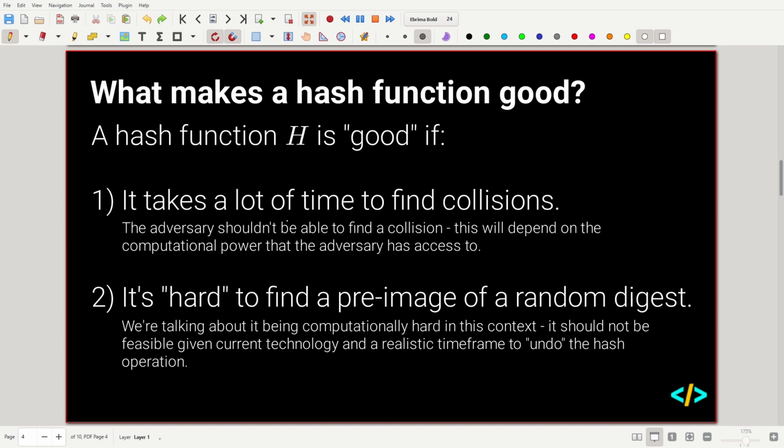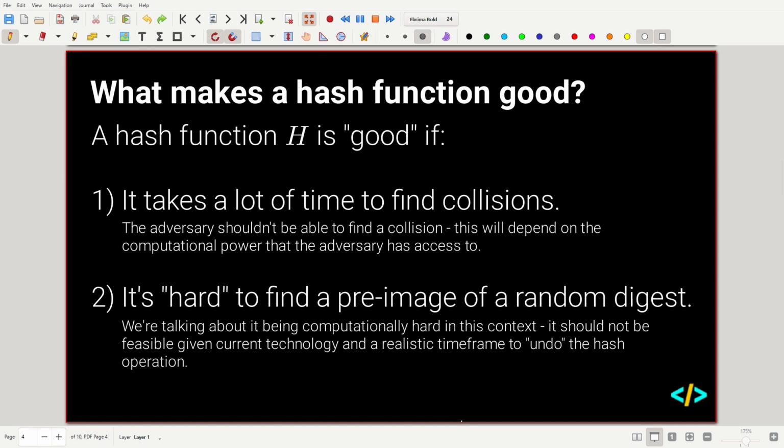communication. Another point which makes a hash function good is it's hard to find a pre-image of a random digest. This is me talking about that reversibility again. If we have the result of a hash function, the hash digest output, we shouldn't be able to find a valid pre-image, a valid input to get that output, in a realistic time frame given the current technology. I know there's a lot of stuff like quantum tech which is looking more promising for breaking hash functions, but a good hash function should be resilient and resistant against those kinds of technologies,